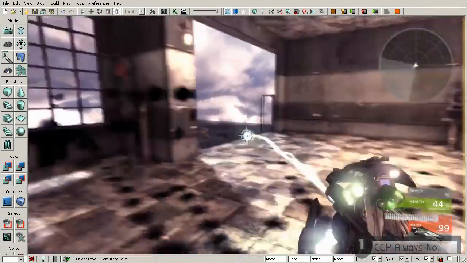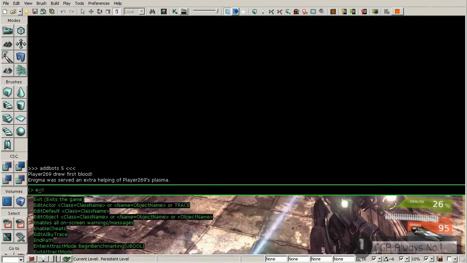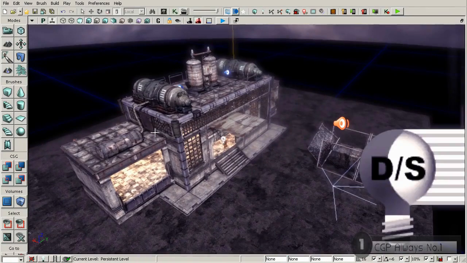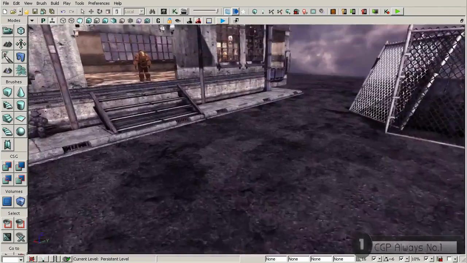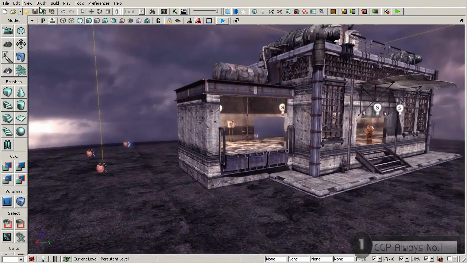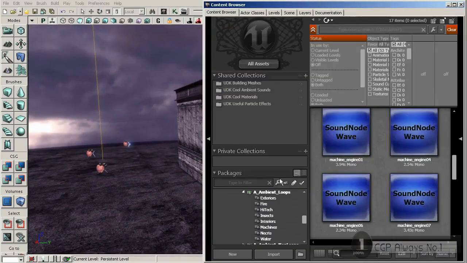So this is just some base functionality. Let's go ahead and hit exit. And this is just some base functionality on how to create gameplay. Now there are other things that you can add into your level. So for example, if you wanted to add in different weapons, you can go to your content browser, and then we can search